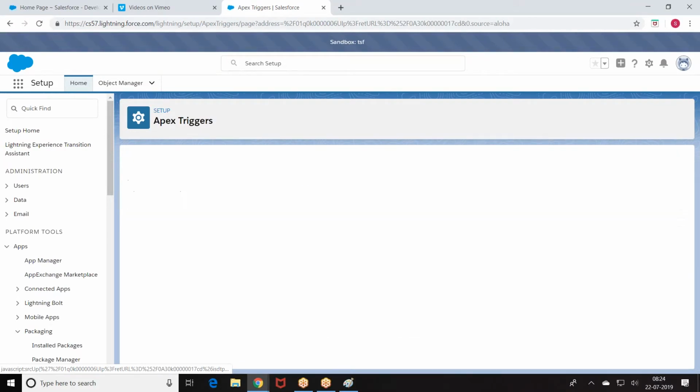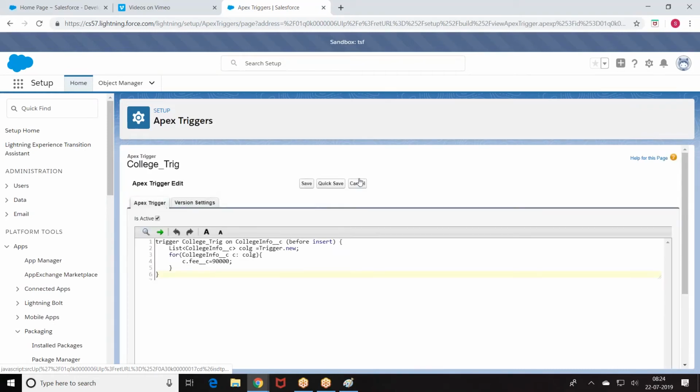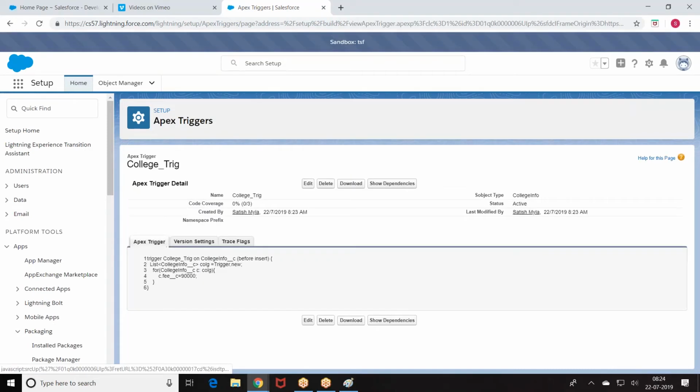If you are able to see the source code, you can make changes. Why are you able to make a change? Because I delivered them like unmanaged. So the person who installed has control, he can modify them as per their business choices. Generally, anybody who wants to sell a product will deliver in the form of managed packages. I hope you are good with this.